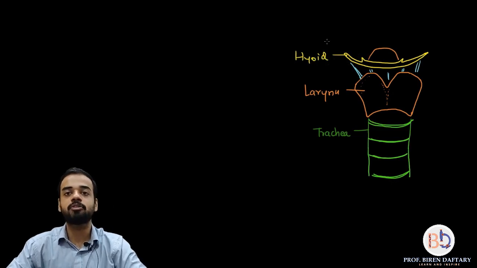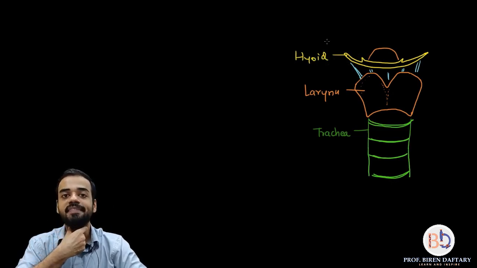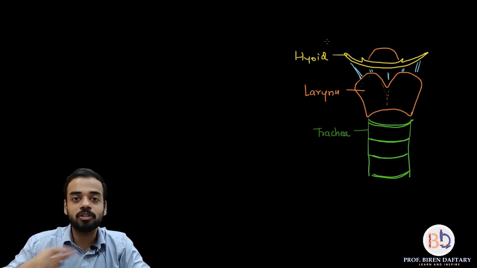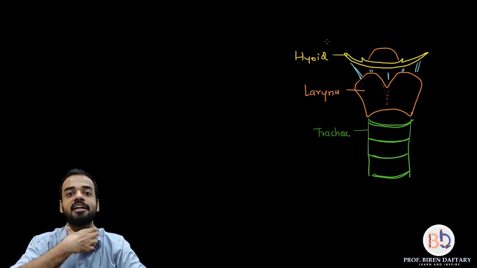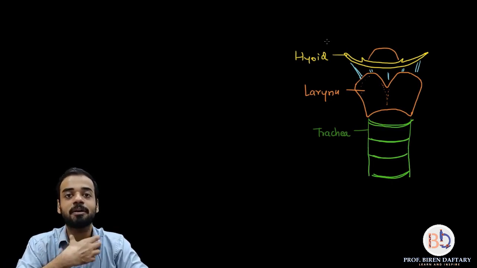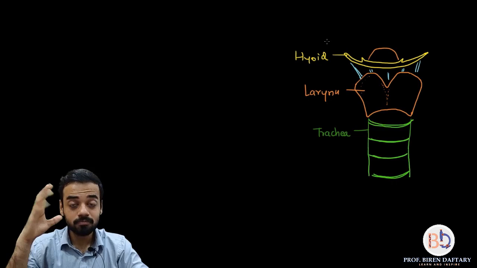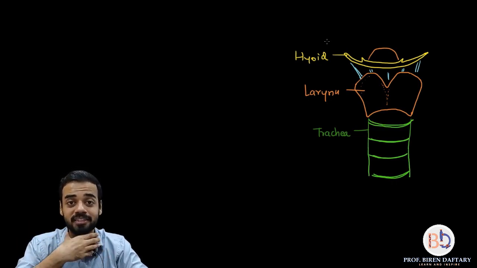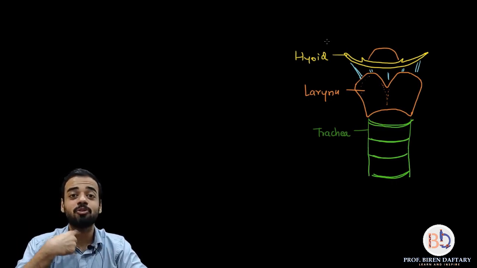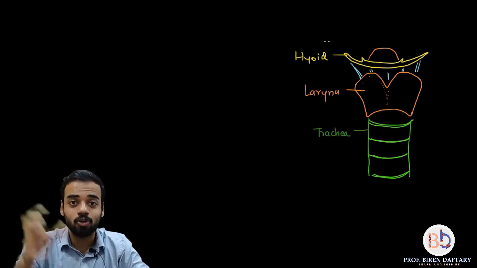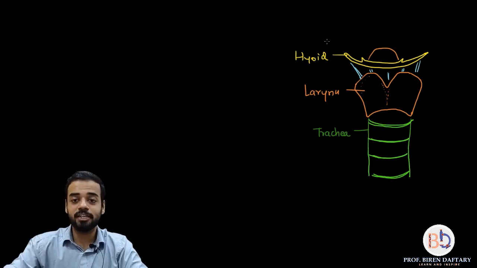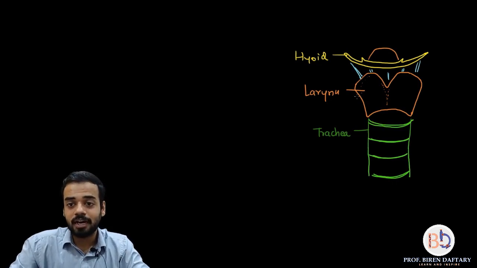The hyoid bone is present somewhere over here, and that hyoid bone is very, very important because the larynx is attached to the hyoid bone. So this entire respiratory pathway is held in that position by the hyoid bone. Normally in cases involving strangulation, the hyoid bone gets fractured, and because of that the entire respiratory tract collapses. Anyway, I have shown the hyoid bone and this larynx.